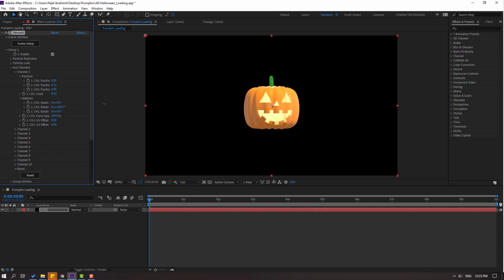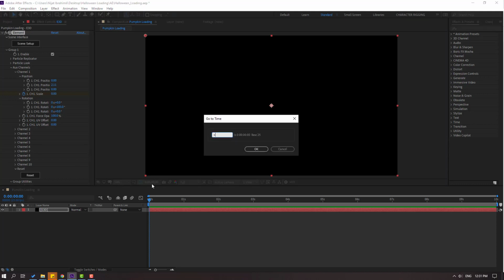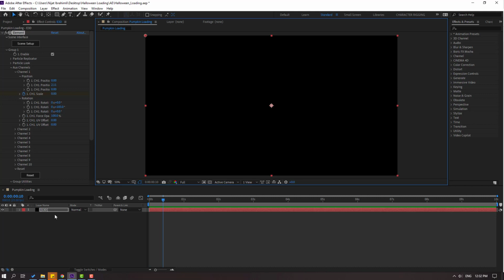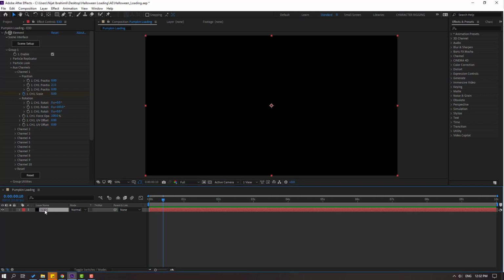Okay, that's good. So let's change scale to 0 and make a new scale keyframe. Go to 10 keyframe. For a shortcut, you can hold Shift and press Page Down on the keyboard, or click here, right here, plus 10, click OK. And to see keyframes, select this Element 3D solid layer, press U. OK. And let's change scale